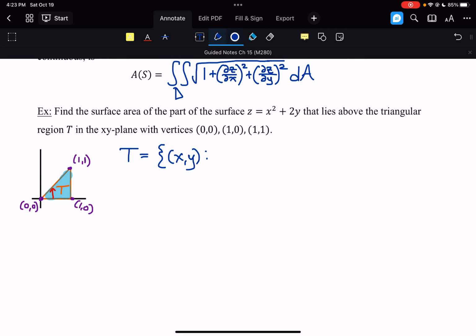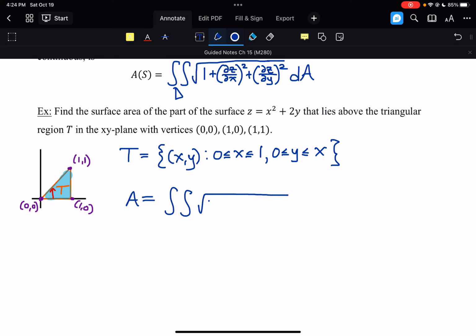So we're going to have x going from 0 to 1 and y going from 0 up to this line, which is just the line y equals x. So y goes from 0 up to y equals x. So just x there. So our surface area is going to be double integral